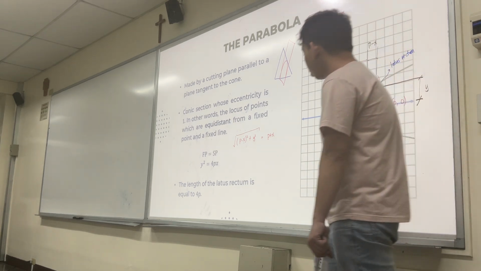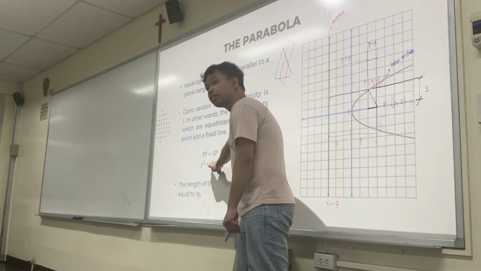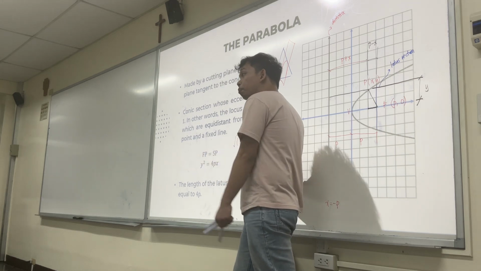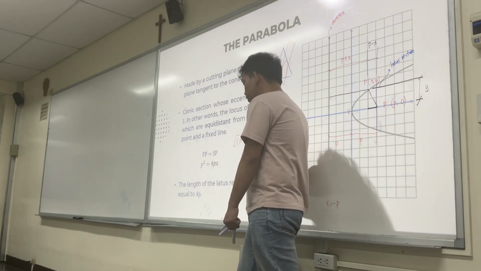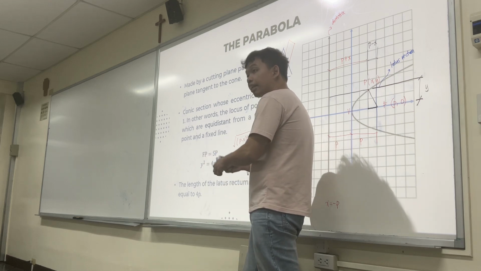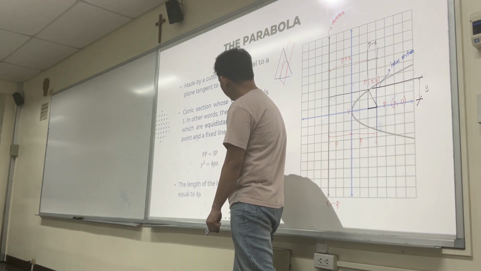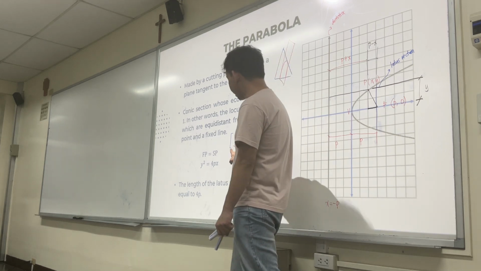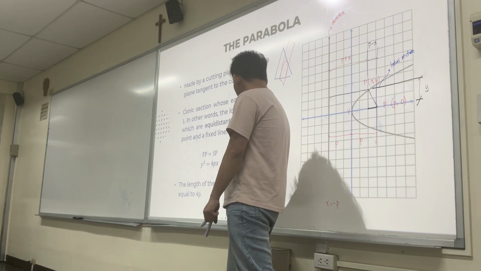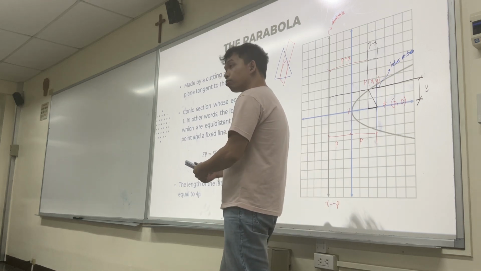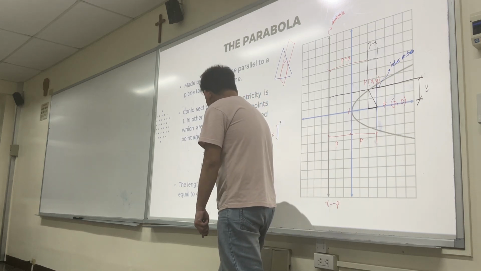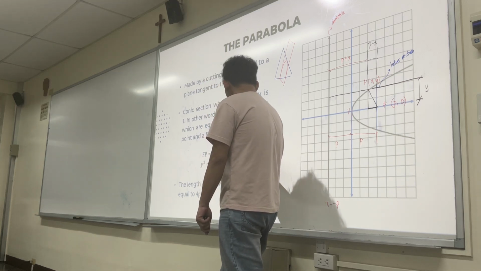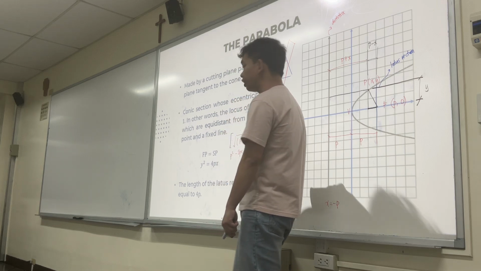Let's continue. If I want to reach this one, from this point to this point, I'll have to manipulate. How do I do that? There's a square root, so I can cancel out my square root by what? Raising everything to the second power. So what happens? The square root cancels out. If I expand this one, I'll get what? This is p squared, correct? Minus 2px plus x squared plus y squared equals